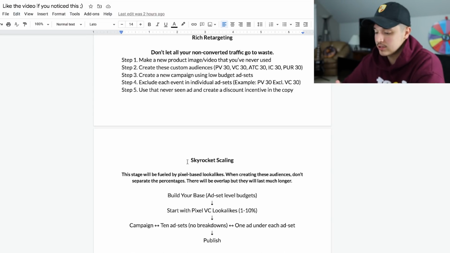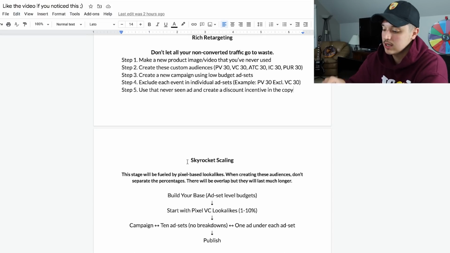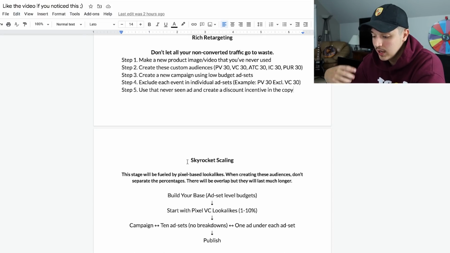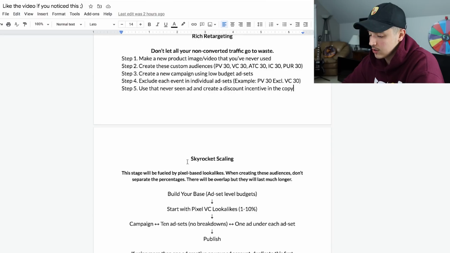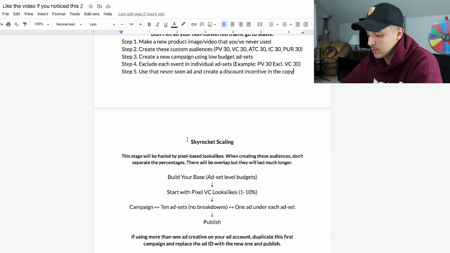These scaling strategies are very basic but work very well. This is literally the exact strategy I used to take this store here from a couple of grand a day to over 10 grand a day consistently. So we're going to go through all of this, and then even after the skyrocket scaling, I have a few bonus strategies I'm going to share with you guys. So we'll get into that here in a second, but let's go ahead and just get started with the skyrocket